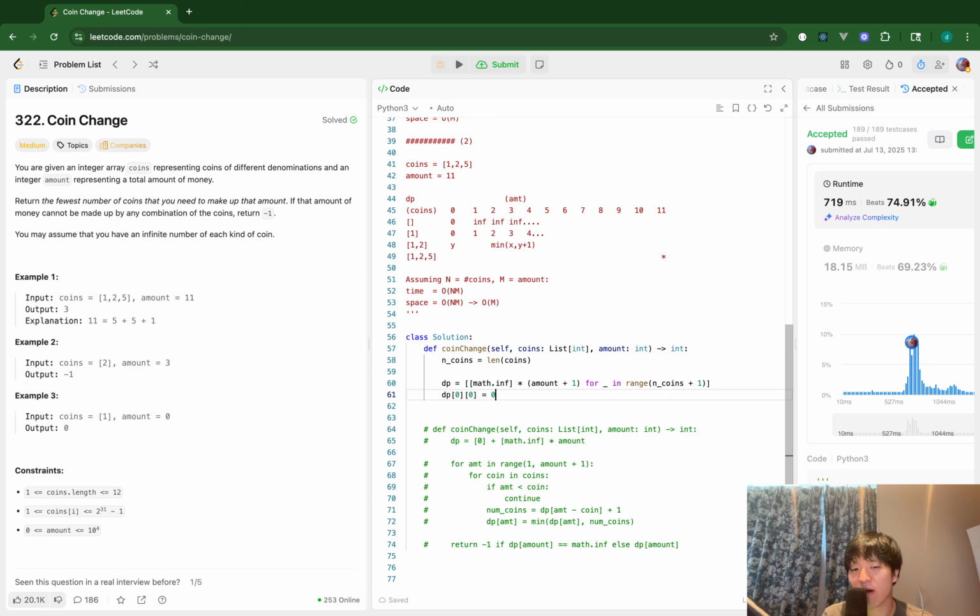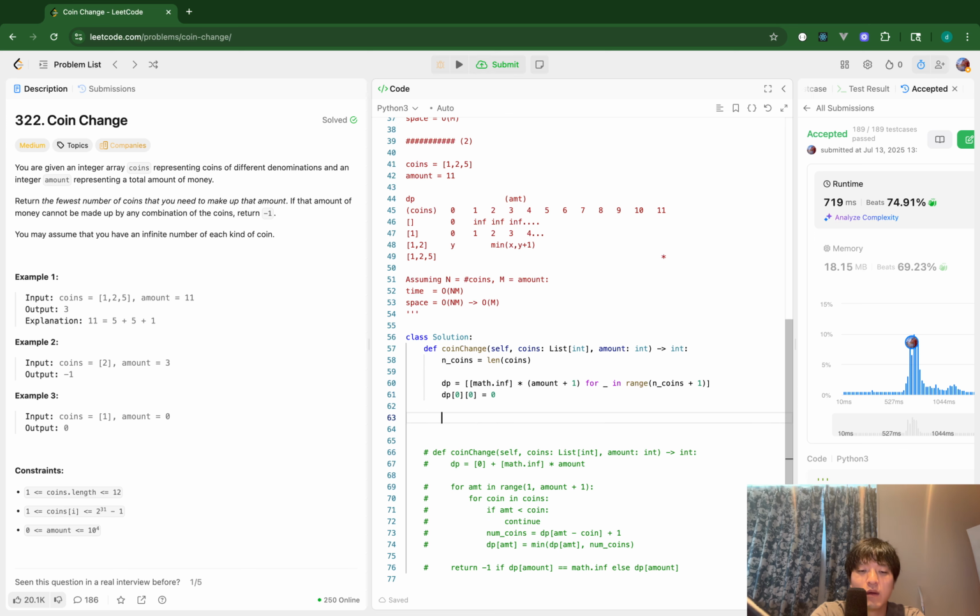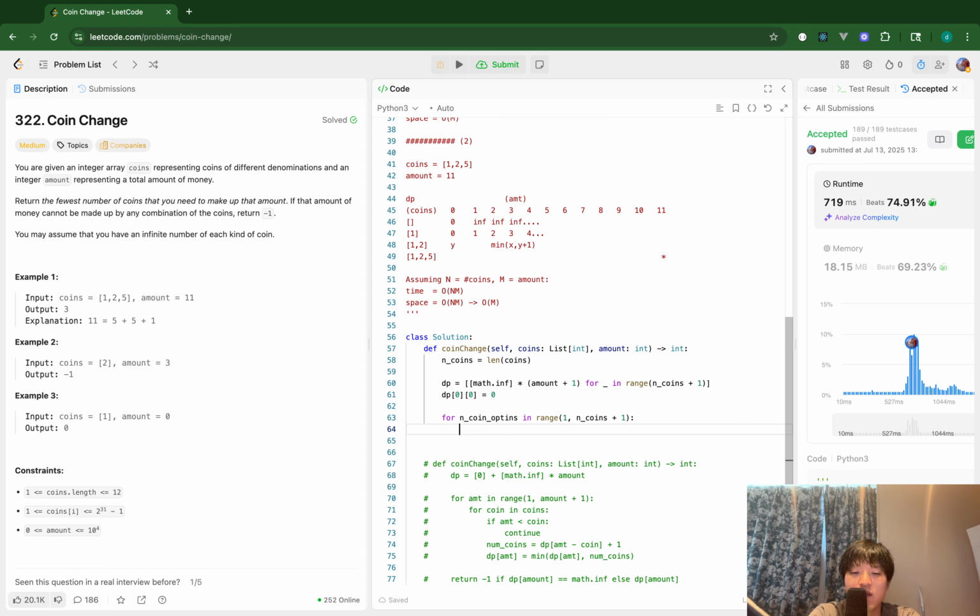So this is the initialization of the DP table. So I will think how many first coins I can use from 1 to n. Then when I choose one coin,